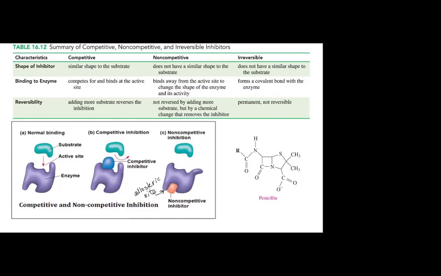So if it's an irreversible inhibitor, then understand that that covalent bond is permanent and we cannot reverse it. The classical example that we always talk about when it comes to irreversible inhibitors is the use of penicillin. When penicillin was discovered and used, understand that this changed the world of medicine forever, because during that time when penicillin was not available, people were dying of infections.